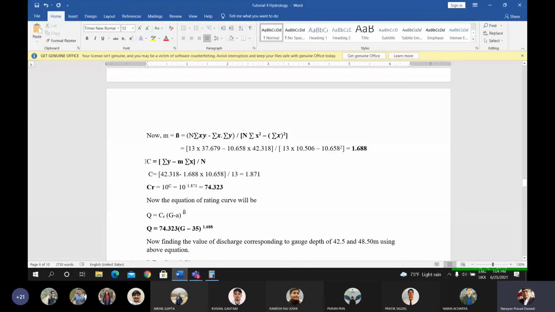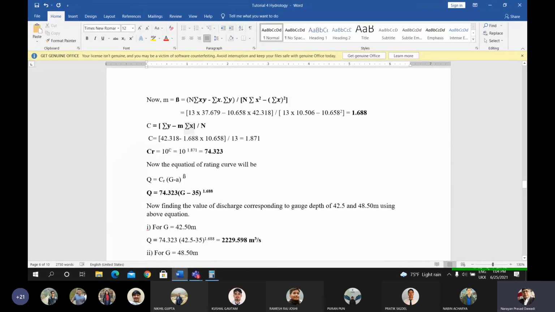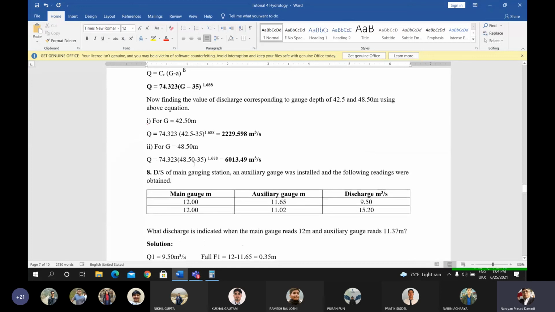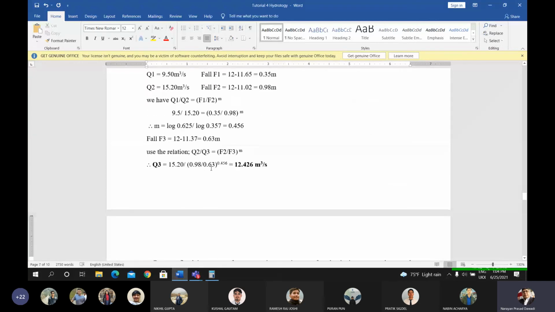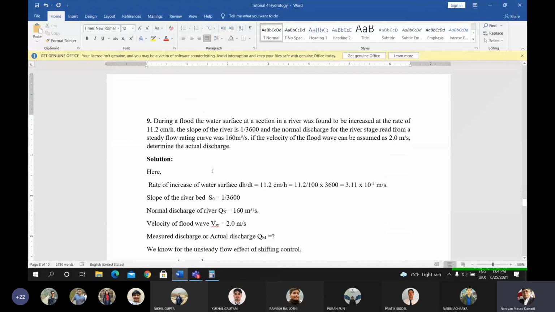For x, the value will be p. For y, the value will be r, because r is equal to y and p is equal to x. Linear equation, so you can do it in a similar way by yourself. Okay, by having this, you get the relationship of r and p.